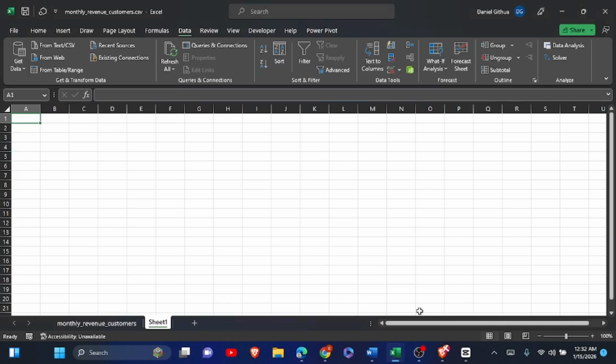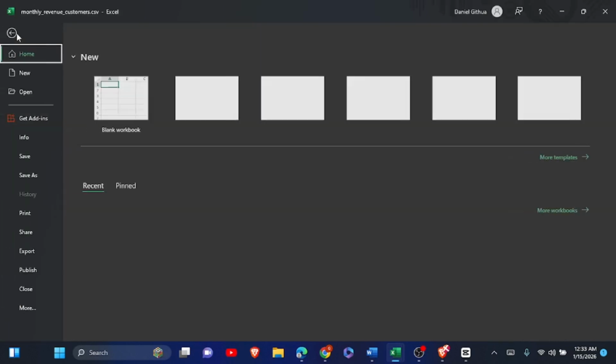Hello, I will show you how to add the Excel Solver. I'll show you the steps, step by step, of how to go about it. So the first thing, you have to open your Excel like this, and then you'll have to click on File,